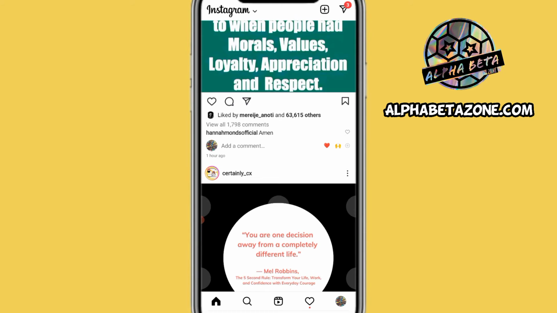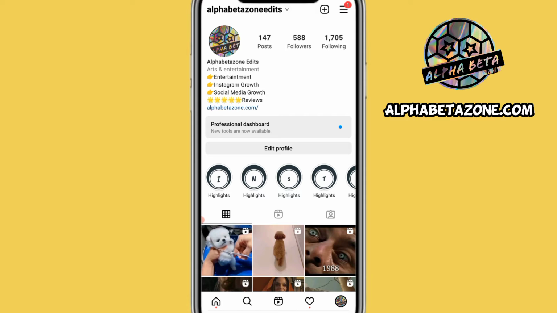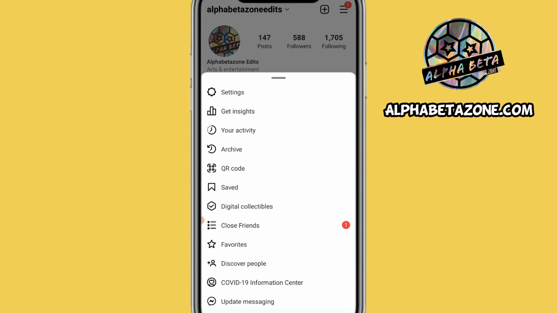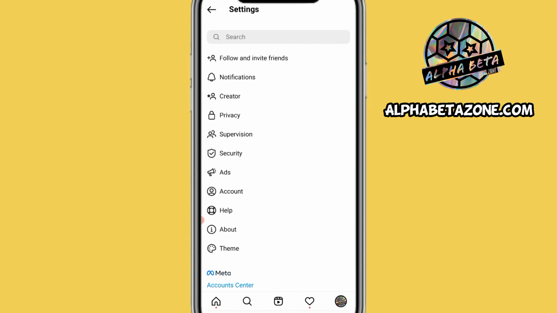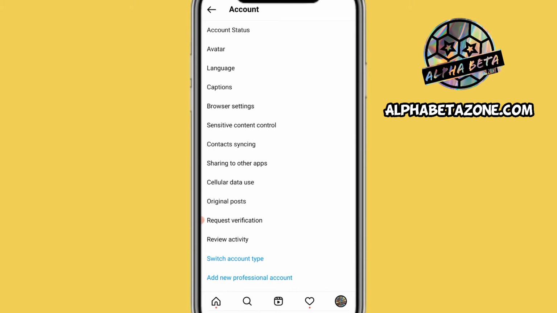So if you want to control the sensitive content, first you need to open your Instagram account, and here you need to select the profile icon. Now you need to click on the three line icon at the top right corner of the screen. Now here you need to select the settings option. Under settings you will see there are lots of options, but you need to select the account section. Under the account section you need to scroll down, and here you will see that there is an option